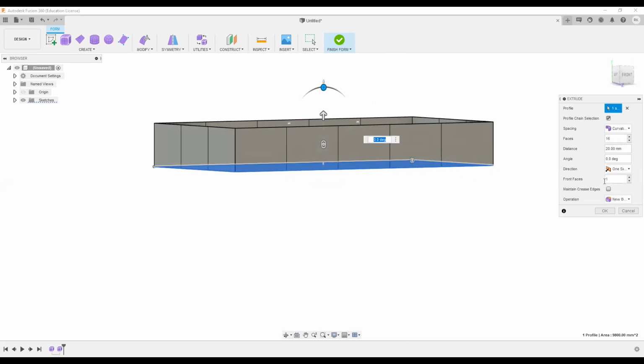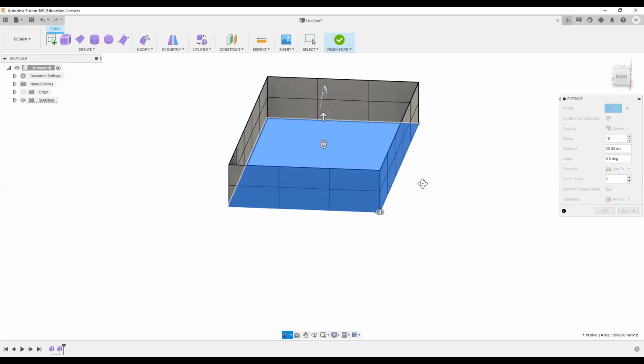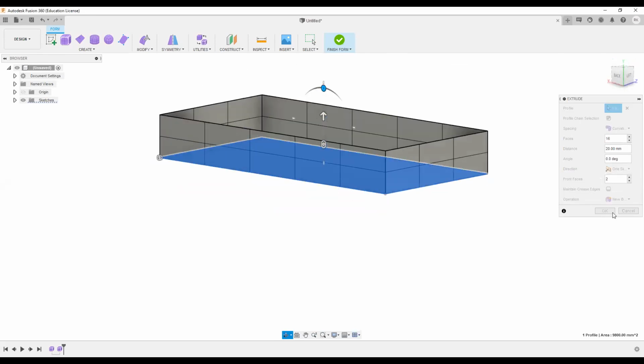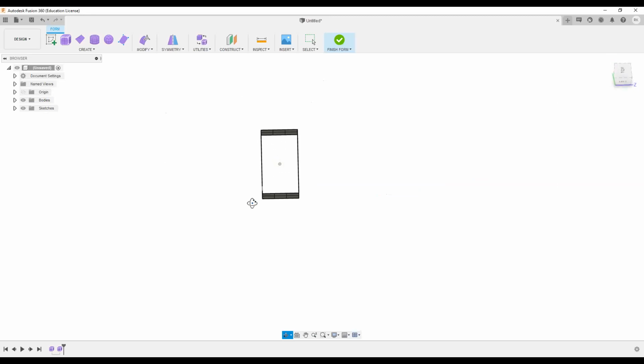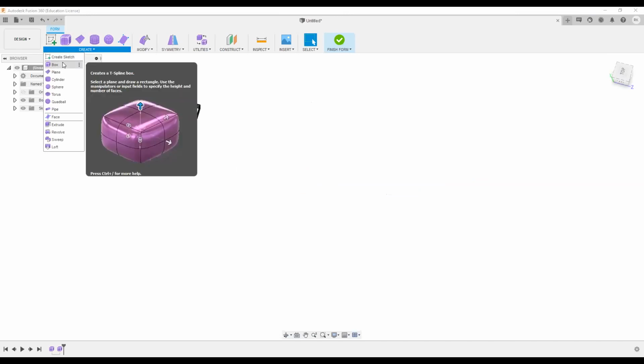Similarly, we can use a front face, or if you want, increase the front face and back. By increasing the front face, the faces of the body are further divided, right? So we can use this as a basic primitive tool. Now there are already assigned primitive tools for creating form.